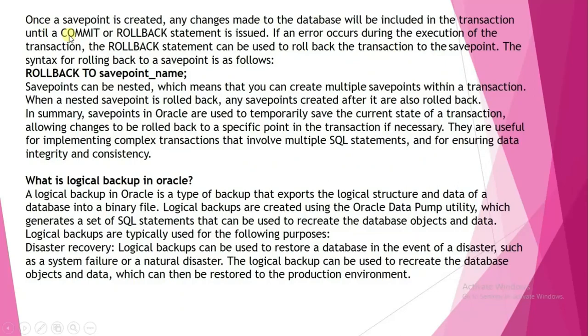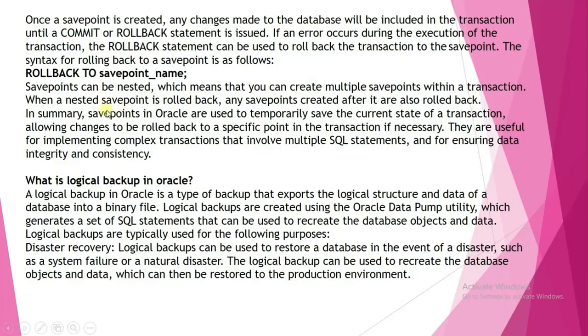So next, once a save point is created, any changes made to the database will be included in the transaction until a commit or rollback statement is issued. If an error occurs during the execution of the transaction, the rollback statement can be used to roll back the transaction to the save point. The syntax for rolling back to the save point is as follows: ROLLBACK TO SAVEPOINT savepoint_name; Save points can be nested, which means that you can create multiple save points within a